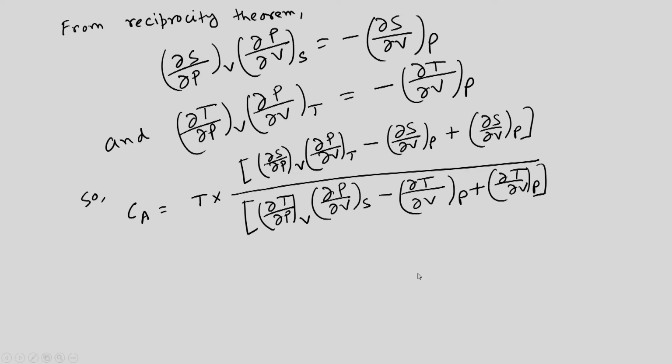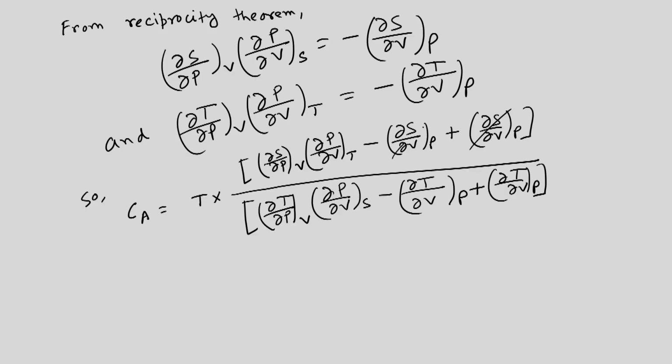Thus, we get Ca equals T times del S by del P at constant volume times del P by del V at constant temperature minus del S by del V at constant pressure plus del S by del V at constant pressure. So, these get cancelled, and in the denominator we get del T by del P